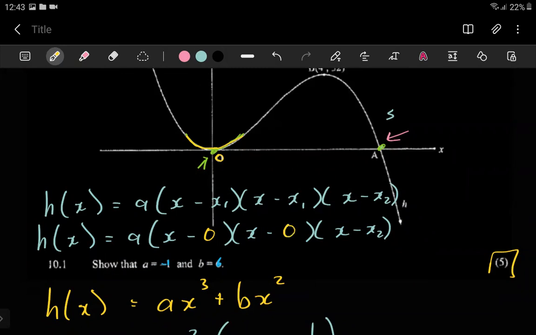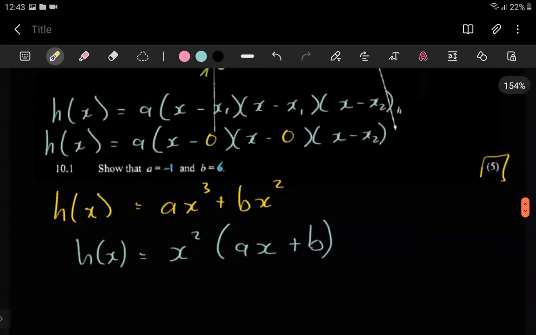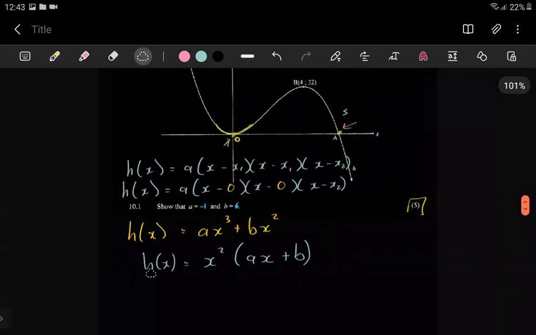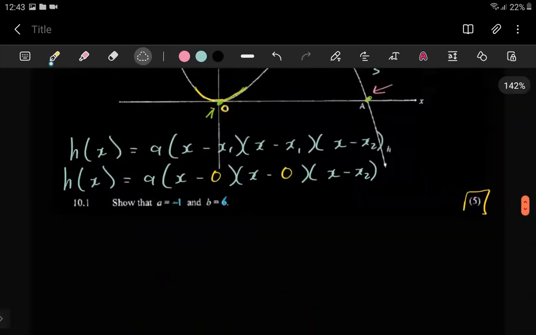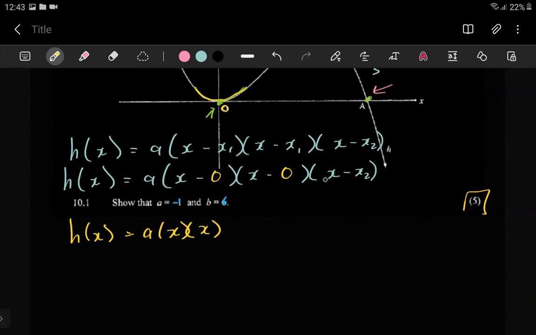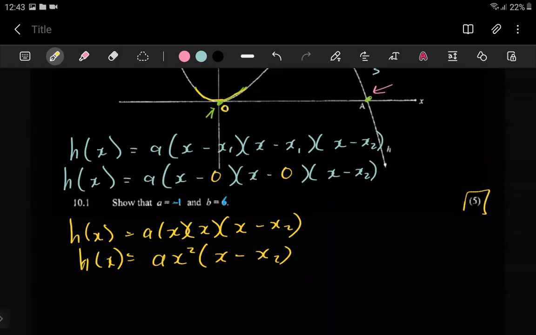And then whatever this is, if we don't want to make our life too complicated, let's just move this down here. Here we just have h of x is equal to a, this is just x, this is also just x, and then this is just minus x2, which would give a x squared and then x minus x2. Like this, you can see it's not very nice to look at. It's not neat. It doesn't look like this is really helping us